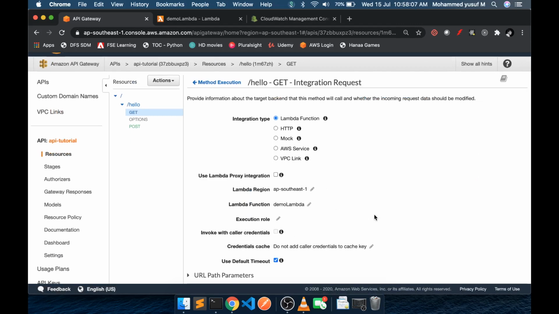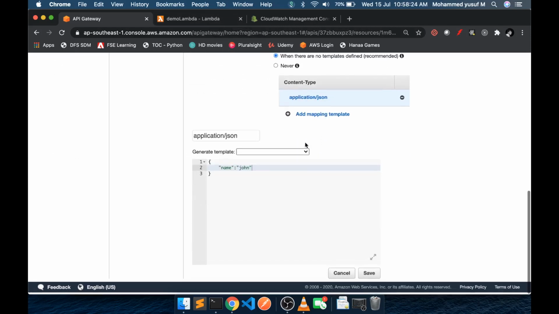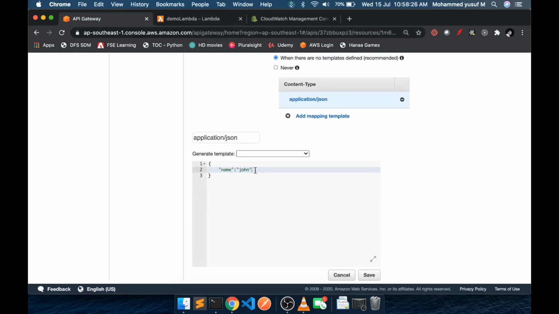Now I have a different requirement. I am passing the username as part of the query string, right? Username is equal to something. Now I want that name to be passed to the lambda function. But you know that lambda function is expecting the event object, which means we need to do some logic here, and somehow we need to bring the query parameter into the value of this particular key. Which means, how to retrieve the username query parameter in this section? That is the question.